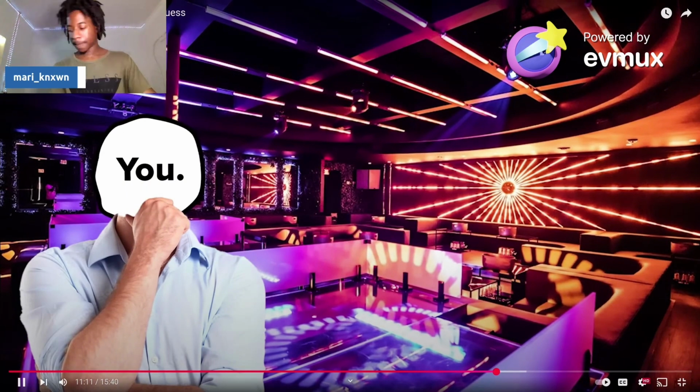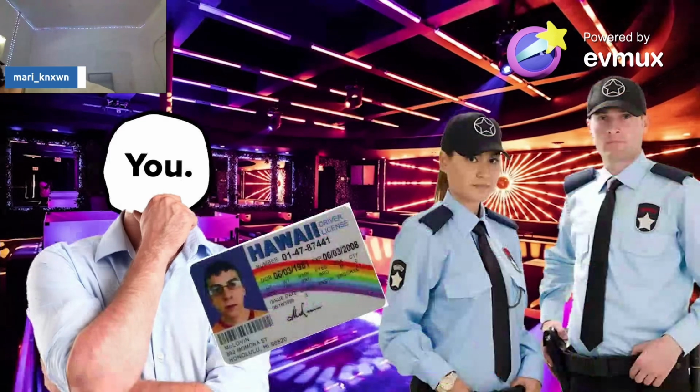Age, I don't think the 25-year-old bouncer is really going to be able to tell if the ID is fake or not. So you could